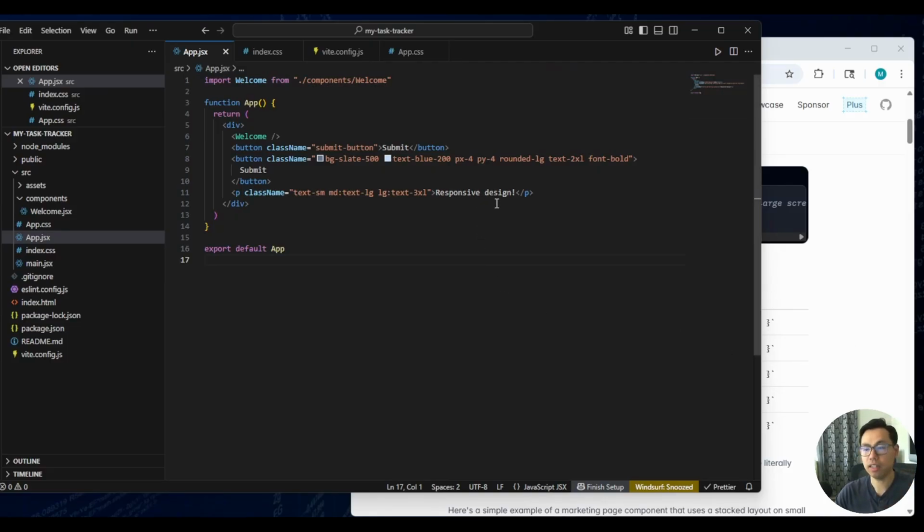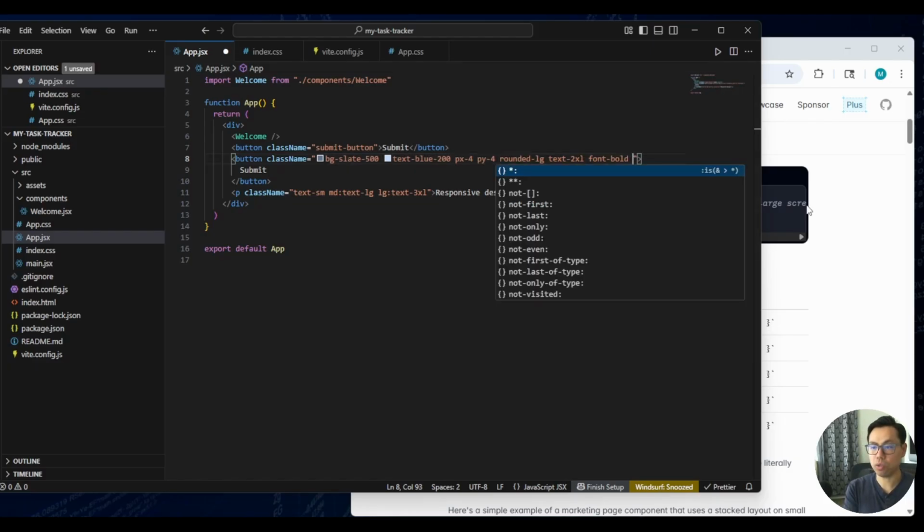It's also got some pretty cool hover and state variants that you could input into the class name. So for example, using our button again, we want to change the color with a hover. So hover